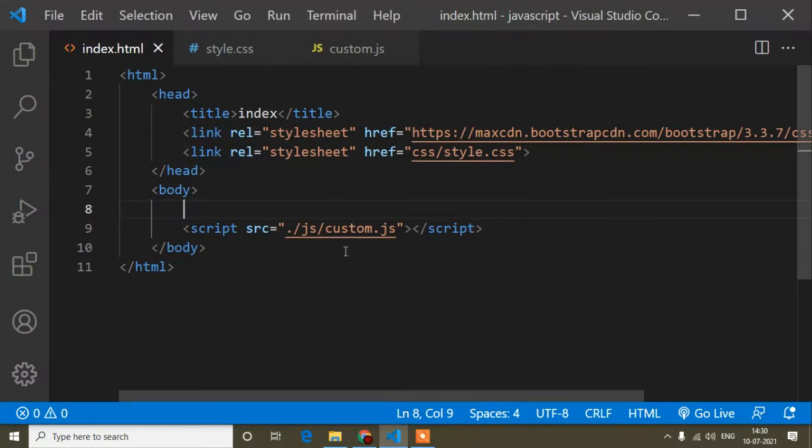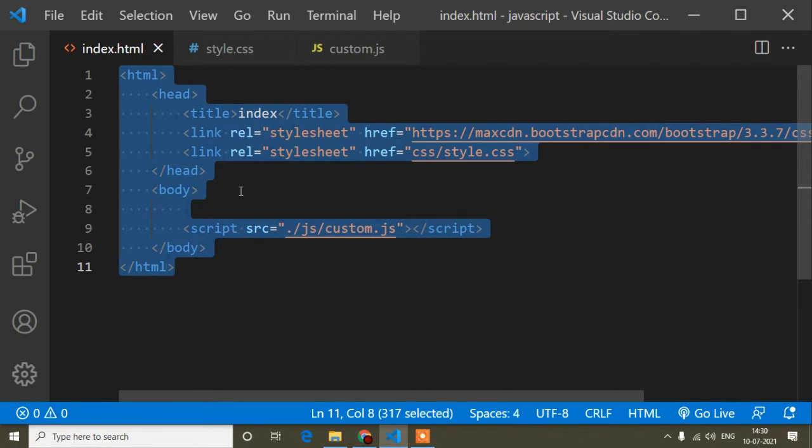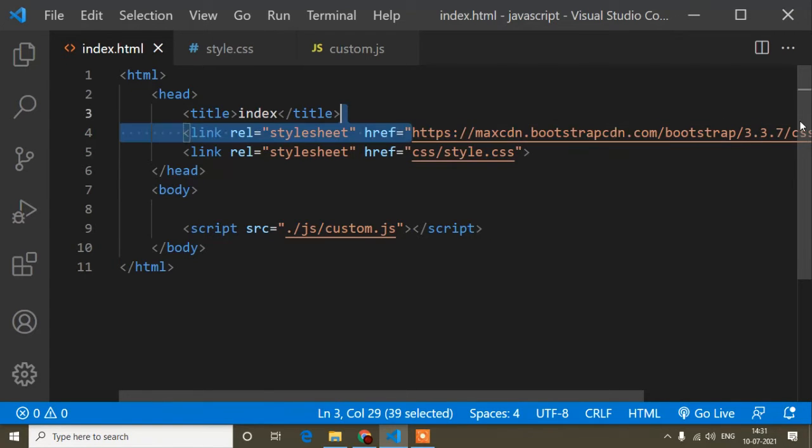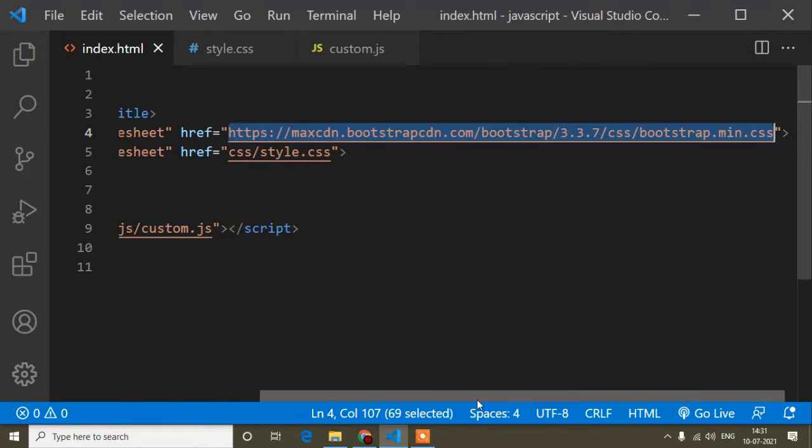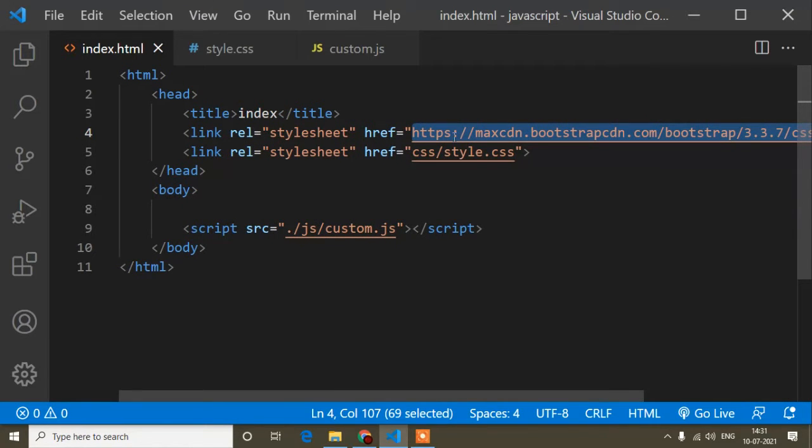So you can see this is my Visual Studio Code editor, and here I have created some basic HTML structure, and I know you know how to create this basic structure of HTML. Here I will explain: you can see this is the Bootstrap CSS link, the Bootstrap CSS CDN link. This link I will provide in my description. If you don't know where to get this Bootstrap CSS CDN link, you can go to my description and there I will put this link.